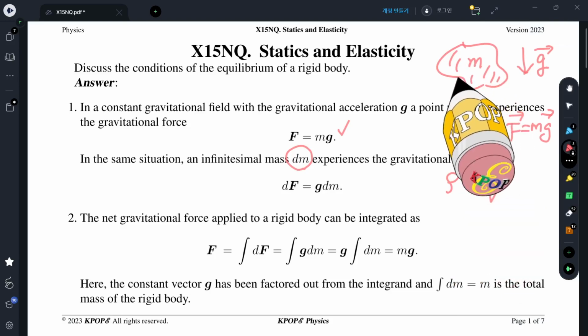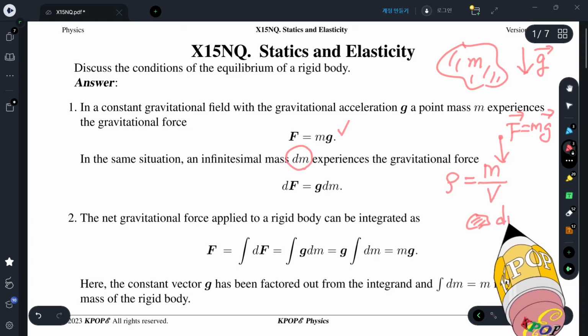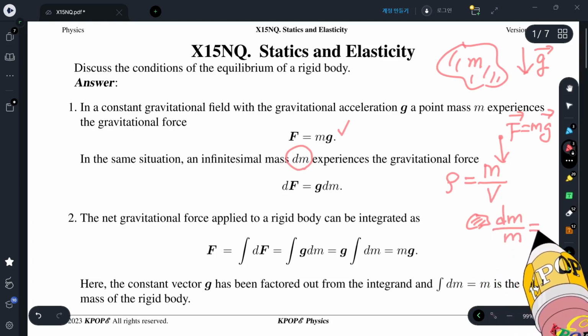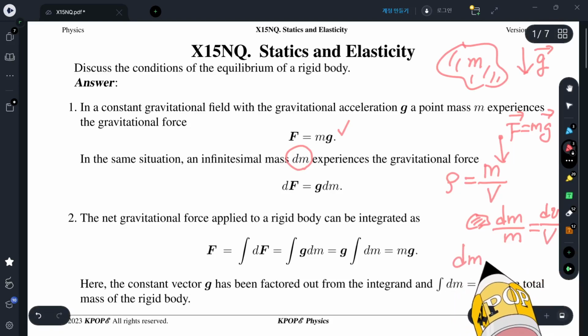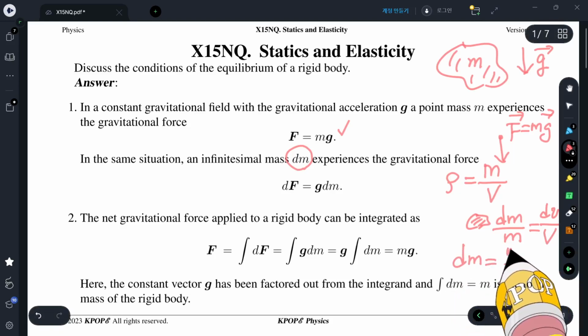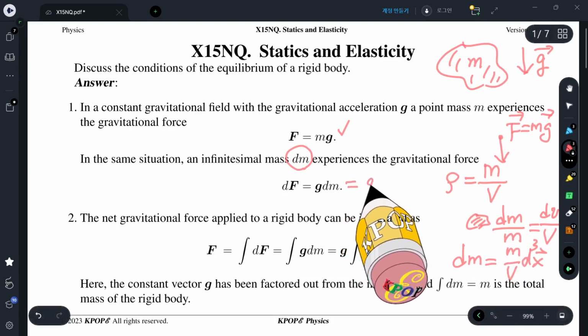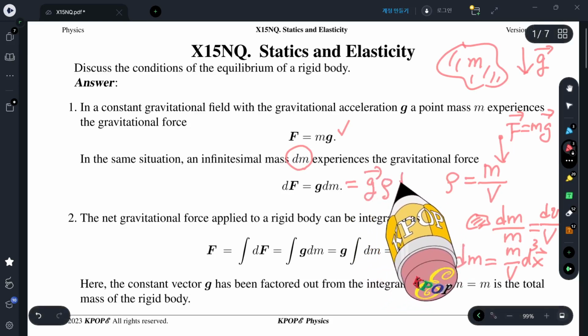And if it is a very tiny piece, the mass over total mass should be volume divided by total volume. So dm should be m over v times the volume element. And this is a density, so it can also be written g times the dm, this rho,